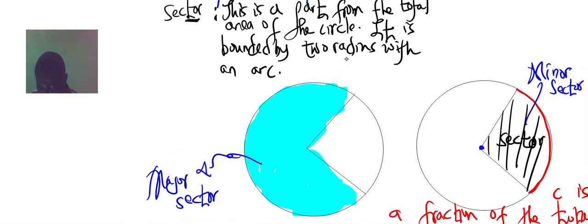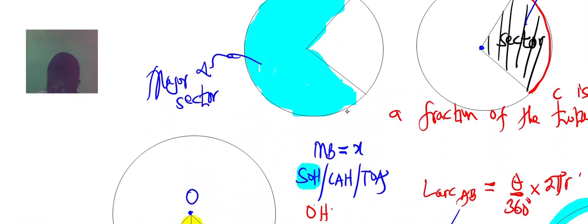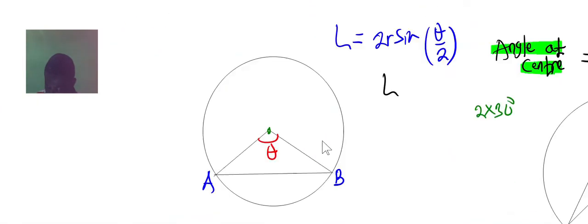Okay, let's talk about the area of sector. The area of sector is a part from the total area of the circle. That's just the basic idea. So area of sector is a part from the total area of the circle. So what do we have from here? We have, so let's say